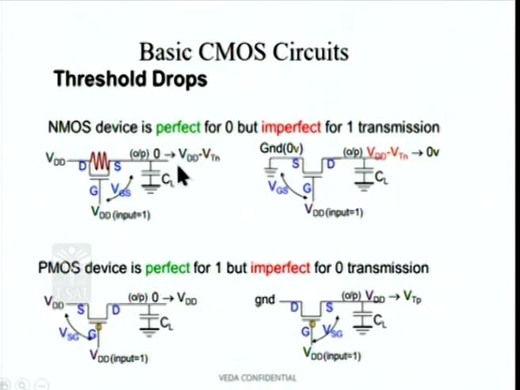Now what happens is, let us assume that this node was at a logic 1, that is VDD minus VTN. It had risen to this value, and now the input actually goes from VDD to logic 0. Logic 0 is nothing but ground, so they have shown it symbolically as being connected to ground. Because this is at a higher potential and this is at a lower potential, you see that this terminal acts as the drain and this terminal acts as the source, which is quite the opposite of how it was acting over here.